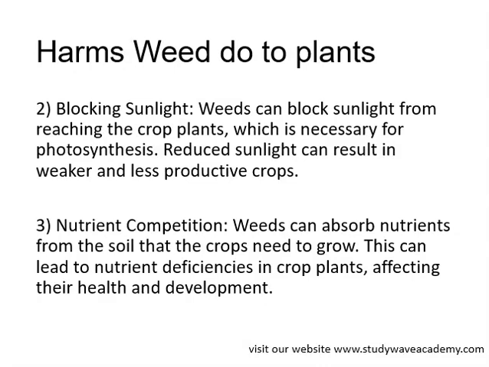When they don't receive nutrients, they fall sick and they are not healthy. They will not be able to develop, they will not be able to bear fruits. Even if they bear, it will not be as much as what they normally bear, or as sweet as what they normally bear, because they lack the nutrient for it. Okay, so we can see how weed is harmful to our plants, right?